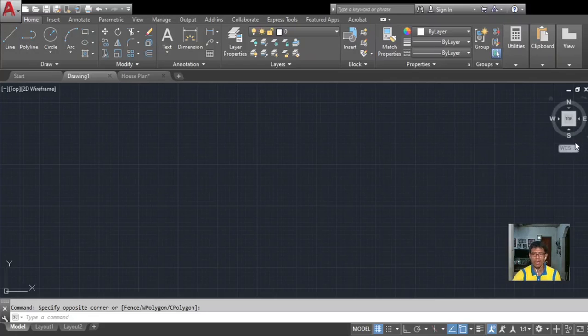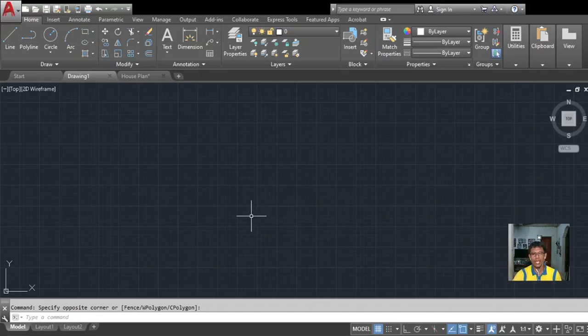We call this the WCS, or the World Coordinate System. It's similar to a compass, and this is very important later on when you are going to draw 3D drawings. Okay? Three-dimensional drawing.